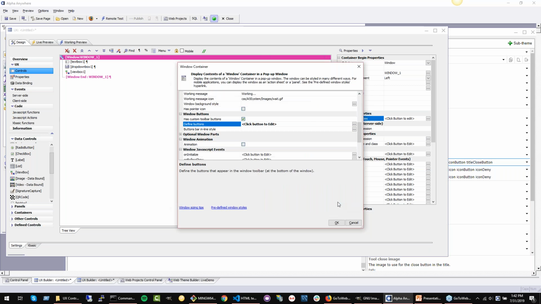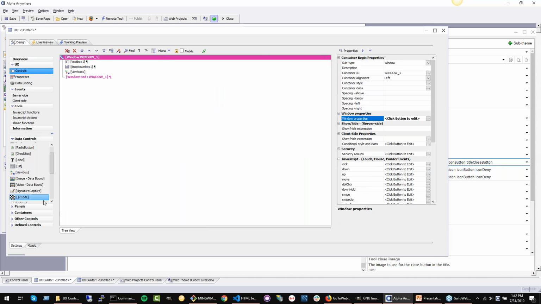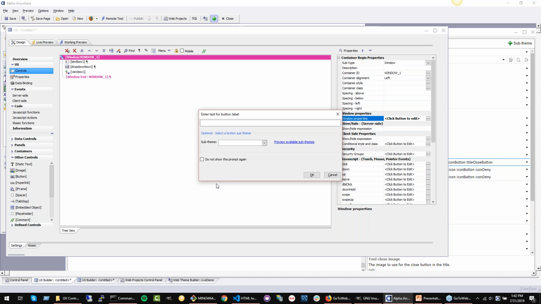And I am okay with all of those settings. And button bar inline style. I'm just going to accept the default and click OK. And then I'm going to come down here to other controls and I'm going to put a button in and I'm going to call it open window. And to demo this new interface for